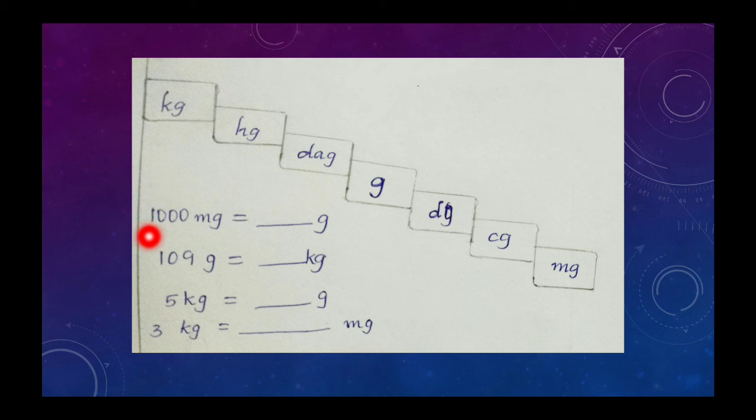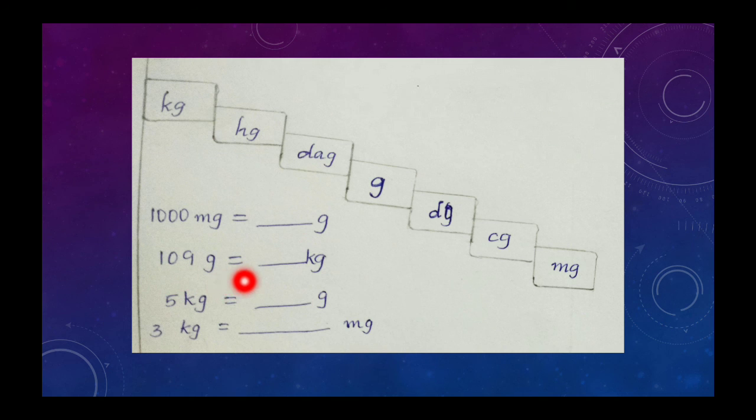Now the decimal point gets the place between 1 and 0. So 1.000 gram or 1 gram. 1000 milligram is 1 gram. Okay. No need to memorize and all. If you are not able to recollect from your memory, you just put the boxes, fill the number, move to the left or move to the right accordingly. Okay, then you will get the right answer.